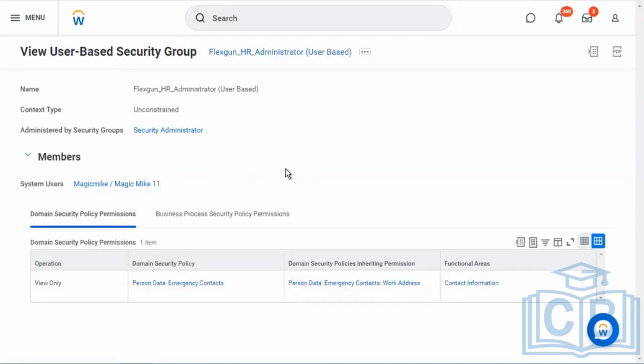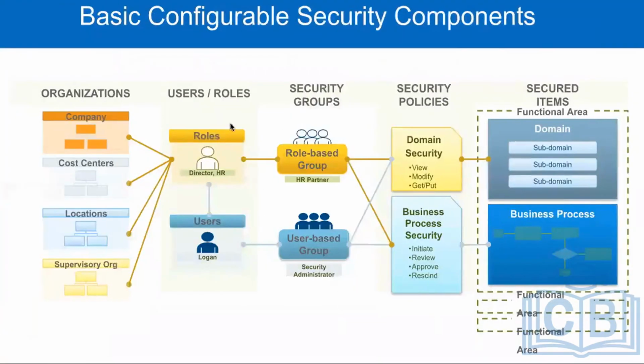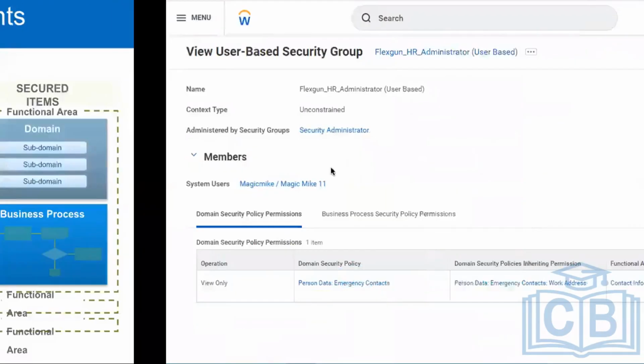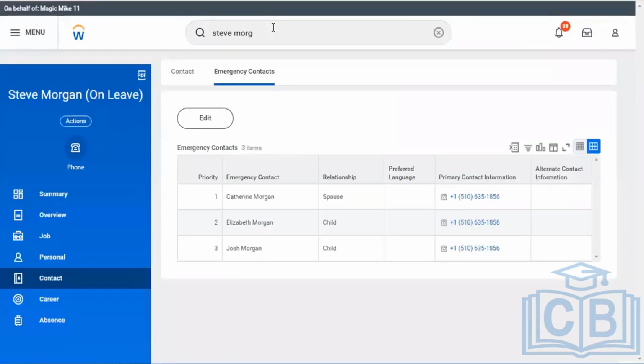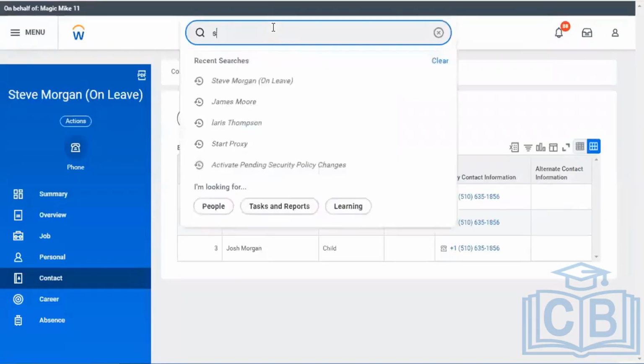Which brings us to the next part of security, which is role-based group. Your security is defined on a role. What your role is and what area you will manage. I'll keep this tab open here. Now we'll work on this time. Let me just go out of this.